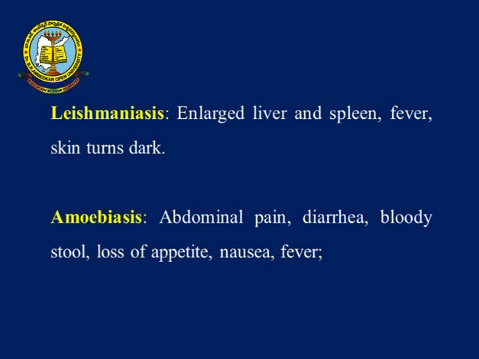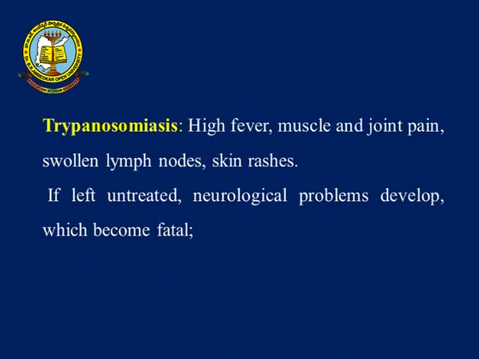Amoebiasis: again, whenever you have any contaminated food, you would definitely have felt diarrhea, a dysentery type of problem. You would have had abdominal pain and also sometimes loss of appetite because of diarrhea, a nauseated feeling and fever. And of course, in severe conditions you might also have experienced blood in your stool, and these are because of this amoebiasis. Now coming to trypanosomiasis: high fever, muscle and joint pain, swollen lymph nodes and skin rashes,